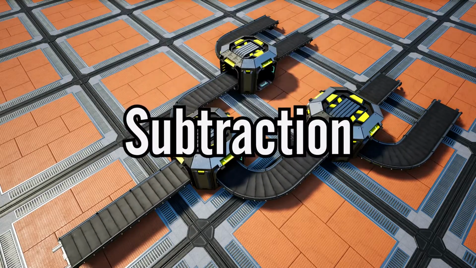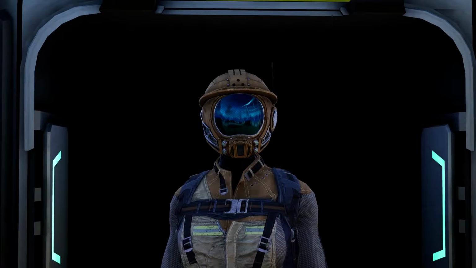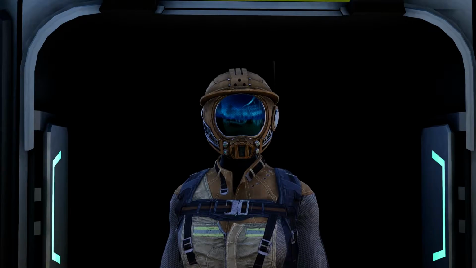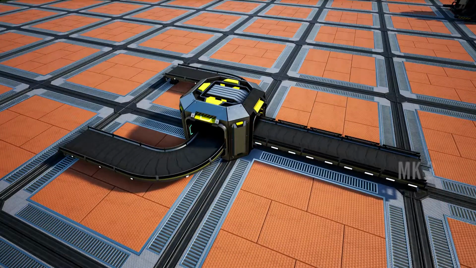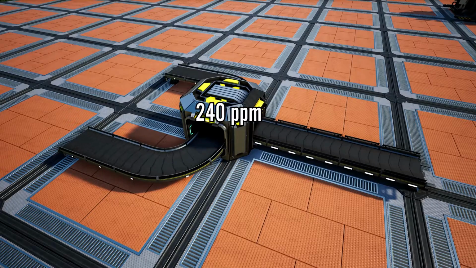There's also subtraction. But the problem is, splitters would rather divide than subtract. So we need to force it. Remember when I said conveyors have different carrying capacities? If you have a Mark III conveyor going in as input with, let's say, 240 items per minute, and you have 2 conveyors on the output side, the first thing the splitter will try to do is split equally, which